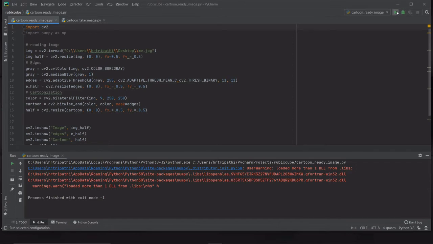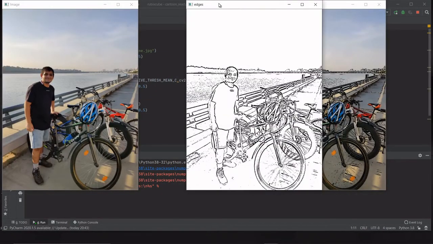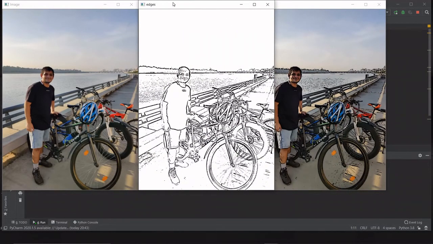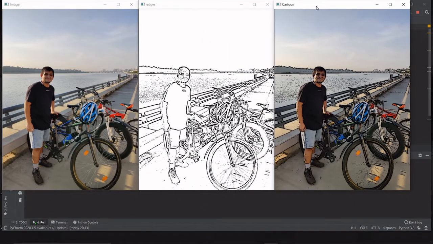I'll just run this. What you can see is three images of me. The first is the original image, the second one in the middle is my pencil sketch, and the rightmost one is my cartoon. If you observe carefully, you might see where the cartoon effect comes into the picture between the real and my cartoon image.